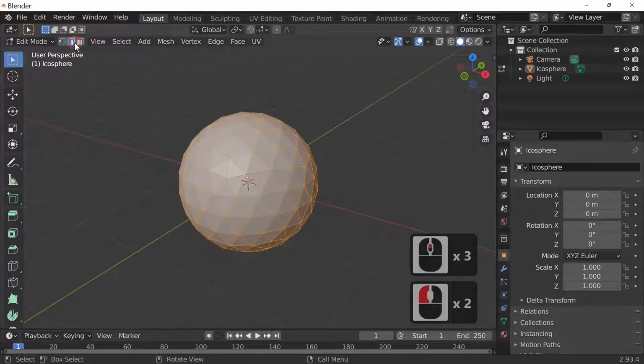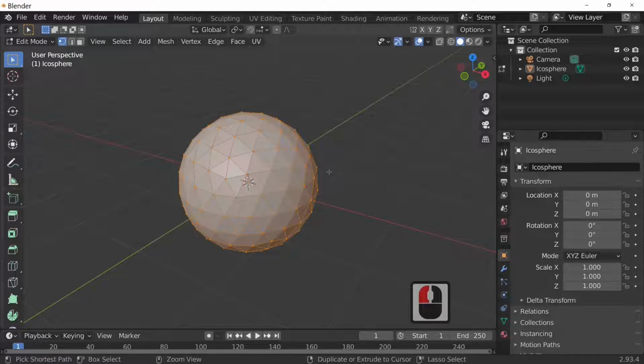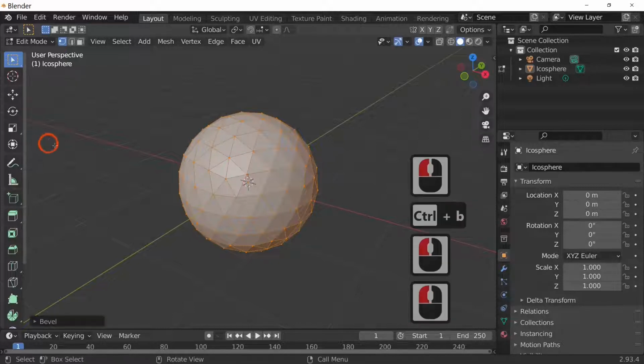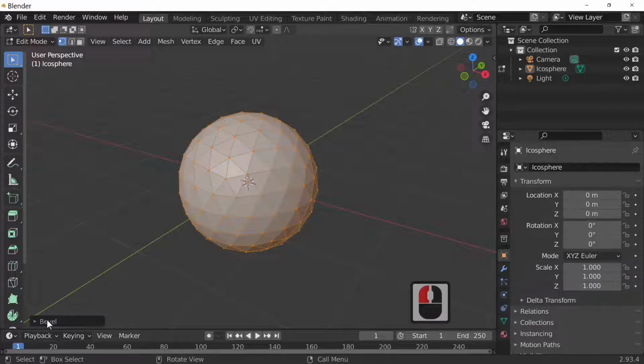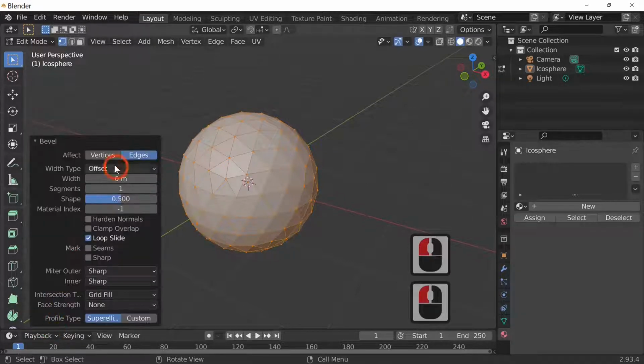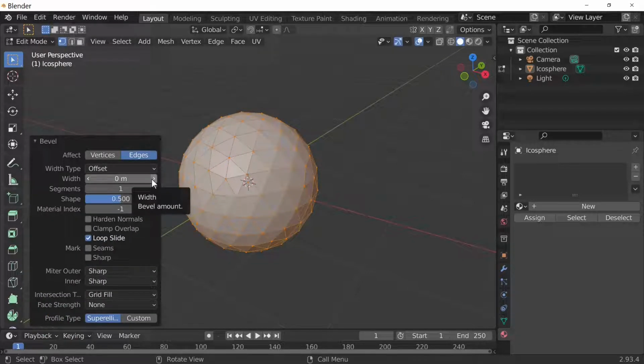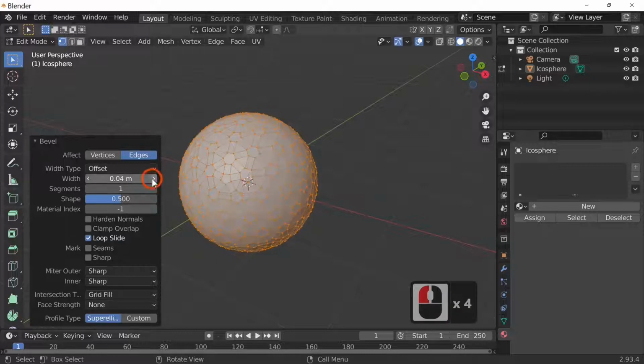We've got point select, line select and face select. Depending on how you've got your settings, it might come up at line select, but you want to be on point select for this tutorial. Control and B will fetch up the bevel modifier. Oops, sorry. Normally that is shown like this, so if we open this up, whether it's reduced or increased, what we'll need to do is increase the width here to make this kind of shape. So we've got hexagons and I don't know, 5-sided and 6-sided shapes.